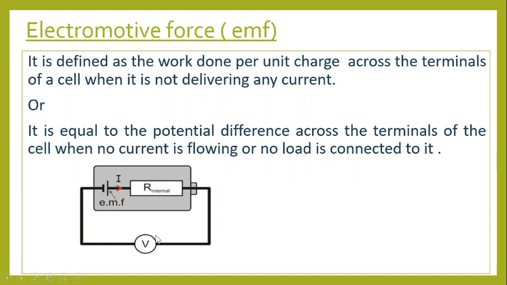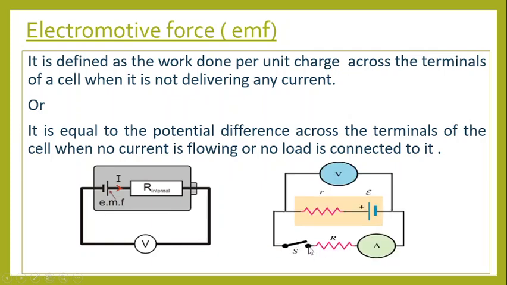So what I'm measuring in this case is simply the same thing as electromotive force, because no load is attached to this one. Or if the load is attached to it, but that load is an open circuit, meaning no current is flowing, which is, if you look at this one, the switch I'm having here is open. That shows that no current flows to the external load. So what we are still measuring using this voltmeter is just the electromotive force, because we are dealing with an open circuit.